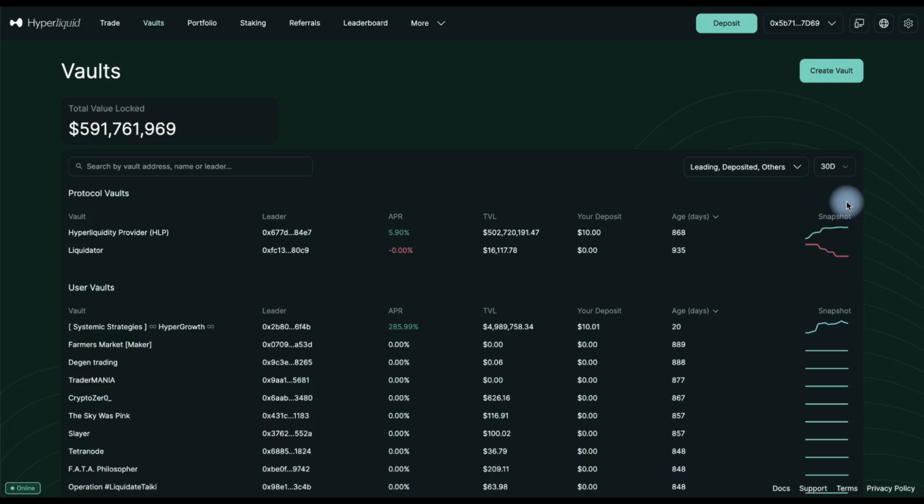Hello everyone, you're on the Crypto Muffin channel, and today we will go through copy trading on Hyperliquid, one of the most powerful and underrated features on this decentralized exchange. Because this is not just a futures DEX, this is a real ecosystem with the possibility of trust management directly